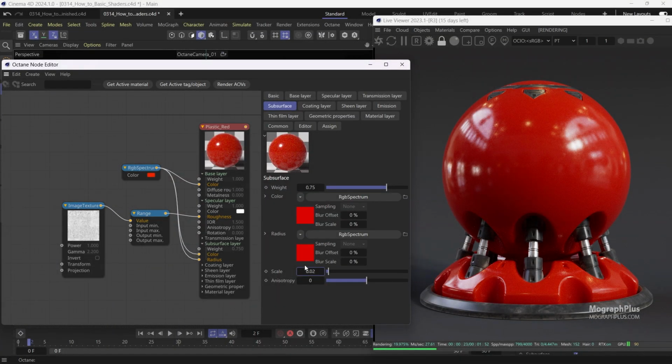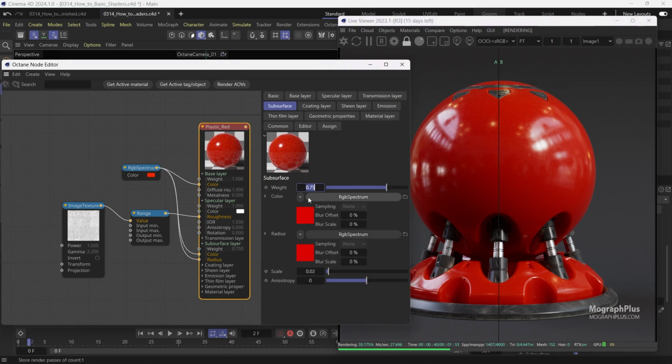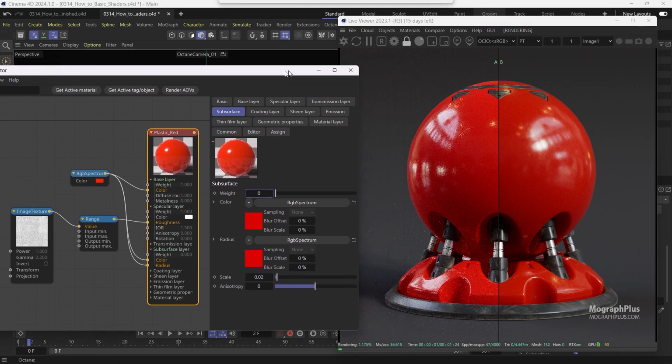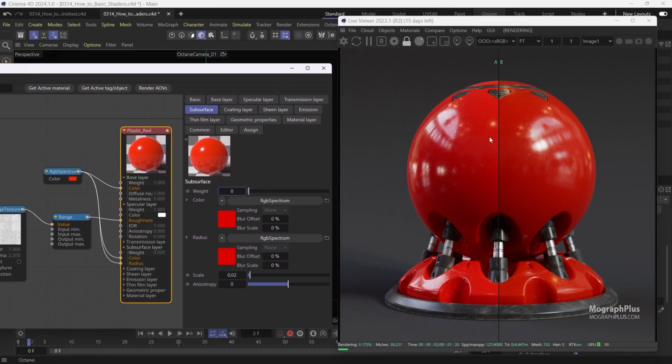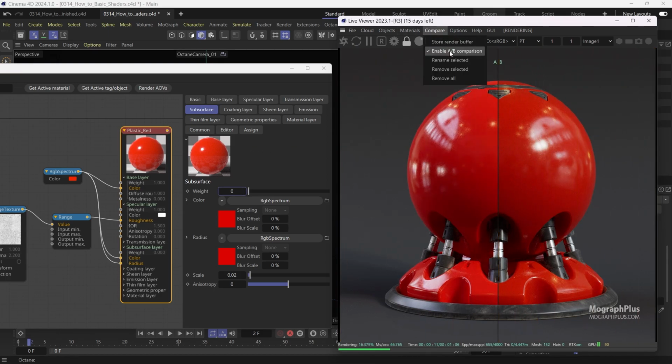And this really adds quite a lot to the overall realism of the shader. It's beautiful. Now let's compare the shader with and without subsurface scattering. So from the compare menu, choose store render buffer. Now we can set the SSS weight to 0. Now we can see the shader with SSS on the right side and without it on the left side. Pretty cool. Let's disable A/B comparison from the compare menu